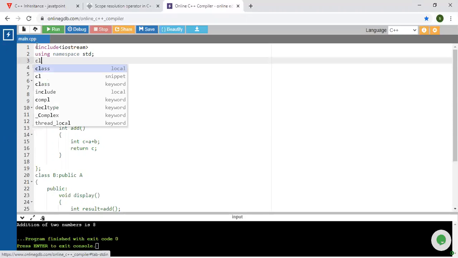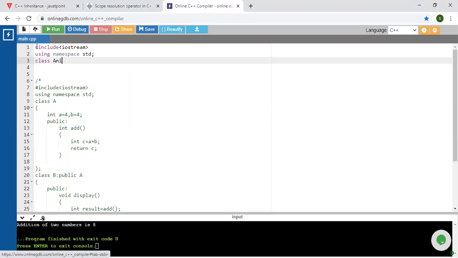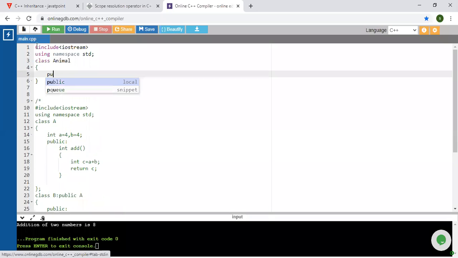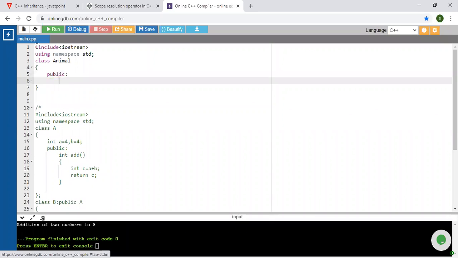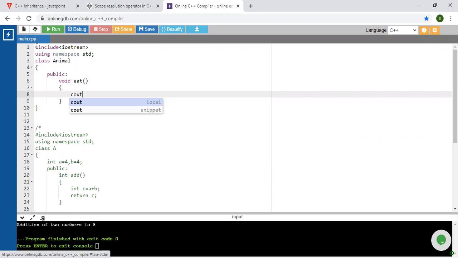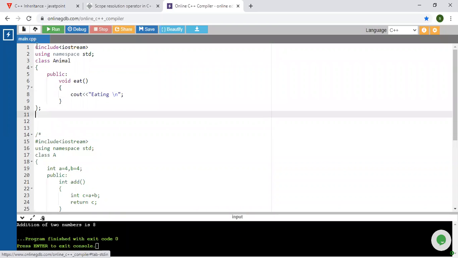So the first class is the animal class. Inside that, public, we are going to consider the first method as eat, which displays eating. End of this class.